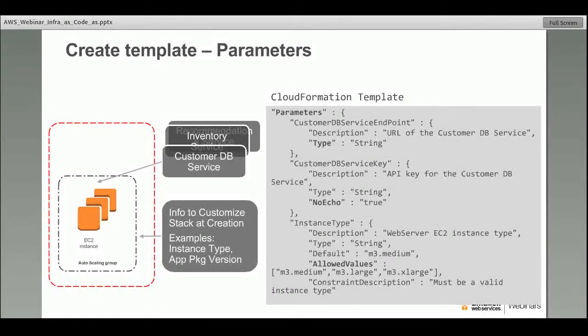So for example, if you're passing in a VPC ID as a parameter, you can specify the parameter type as AWS EC2 VPC ID, and that allows CloudFormation to produce a valid list of VPCs in your account and make sure that the value that is being passed in is one of those values, and that way avoid any provisioning failure that might occur if the value were to be invalid.